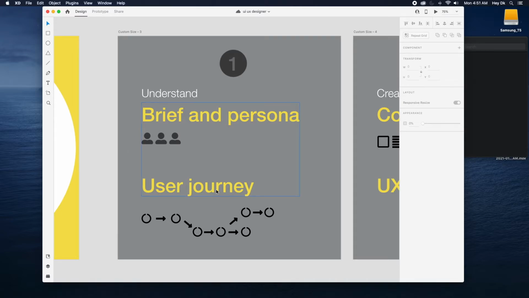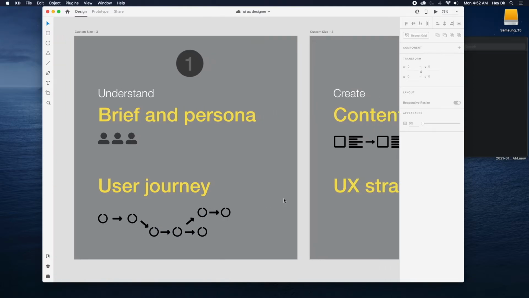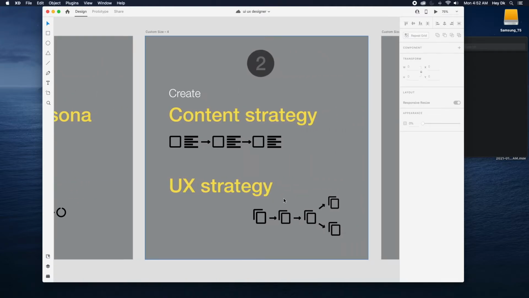Okay, so after brief and persona, you should look at your user journey, like in your system or in an application, how the user is coming, and then how he completes his goal in your user experience. And the second thing, you'll create a content strategy where you might work with the content developer or copywriter,